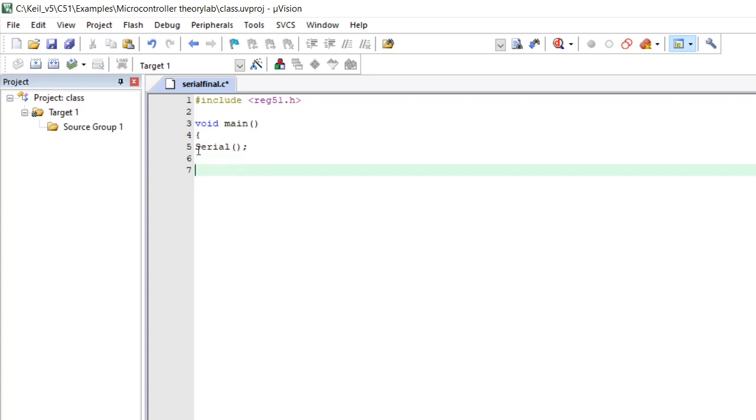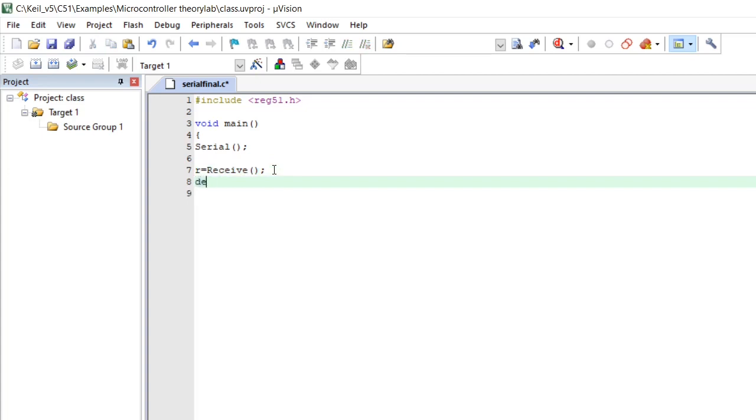Next step, you are using a receive function, and whatever data the receive function has received is assigned to R, which is some character.